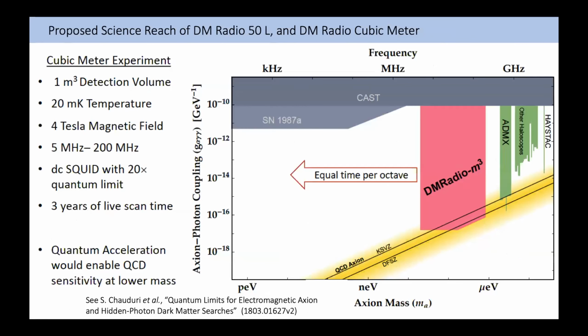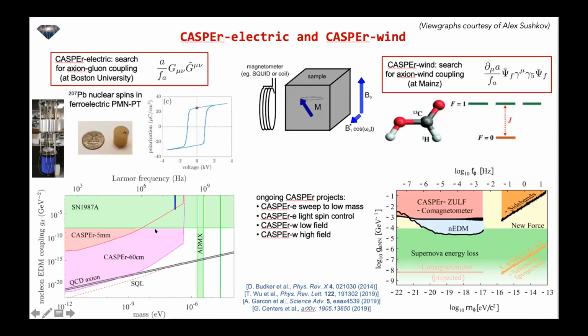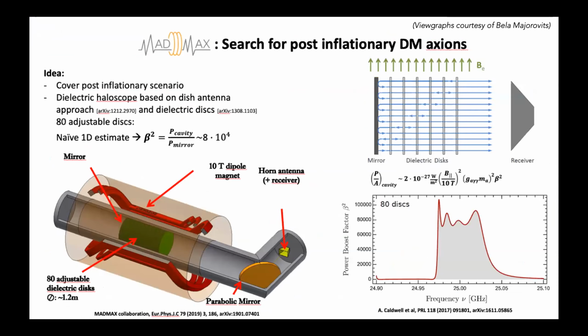Okay, so this is the prospectus for the DM Radio search. It will get down to the middle of the QCD band for either of these particular renditions of the KSVZ or DFSZ family of models, and actually get down below the DFSZ limit, down to about 100 neV, and then they flatten out. Okay, let me skip over, since I want to first talk, before passing back to NMR-based experiments,